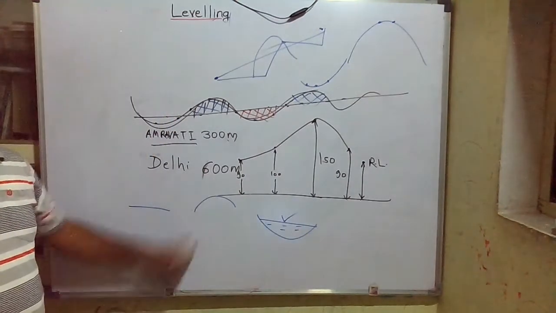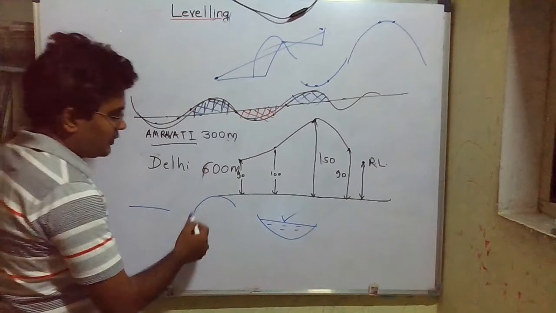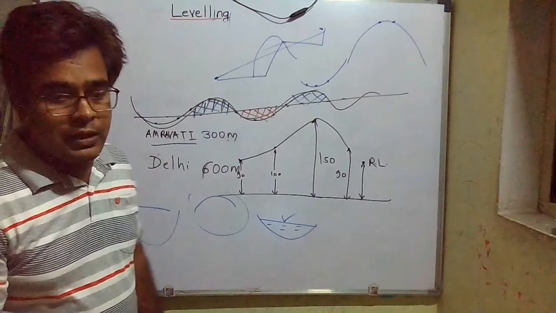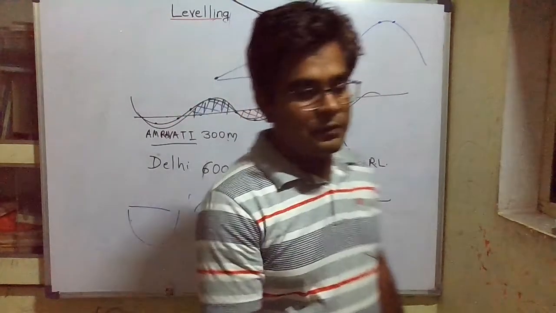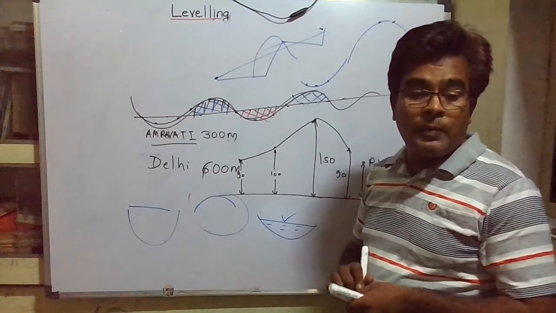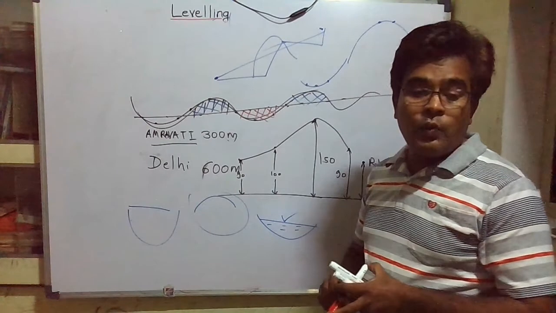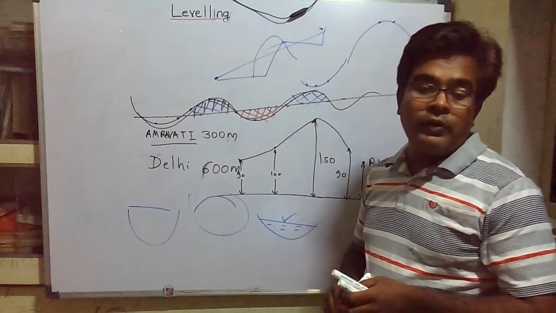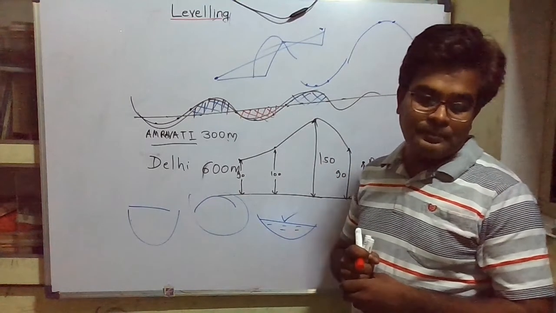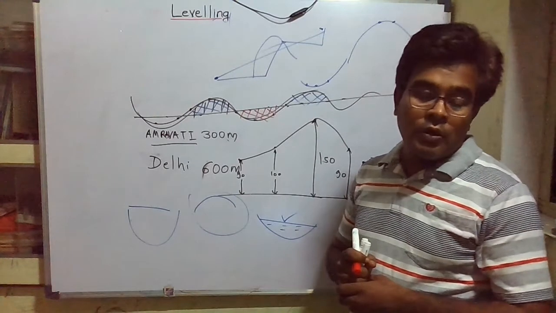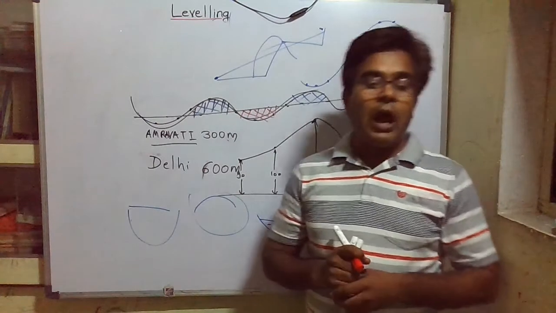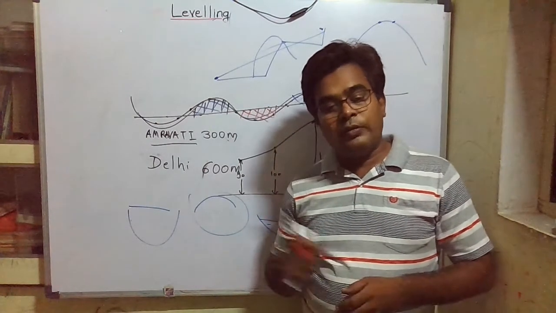If we select this area, then what? Then we have to excavate all this. Again, if we select this, then we have to excavate all, and then the project cost will be more, or maybe it is impossible. Okay. So for the selection of any engineering project, we need to know what is the nature of the ground at that particular location. Okay, and how will we come to know the nature of the ground? By knowing the RL of different points on that surface.